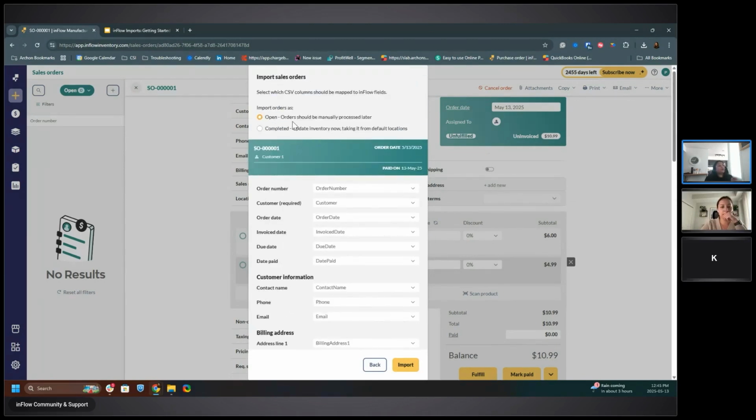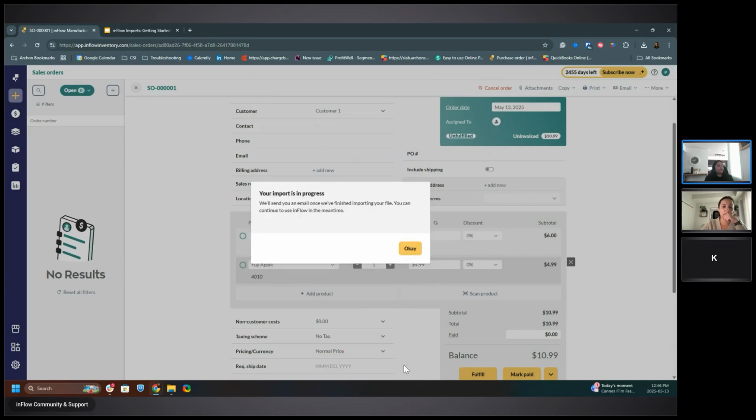You have to import it as open, otherwise it will close out and fulfill the sales order. If you want to completely fulfill the sales order, meaning everything has actually been taken out and sent to the customer, and you want to reduce the quantity on hand, that's when you import it as completed. But if you only want to do the payment, you pull it in as an open order, and when you hit import,